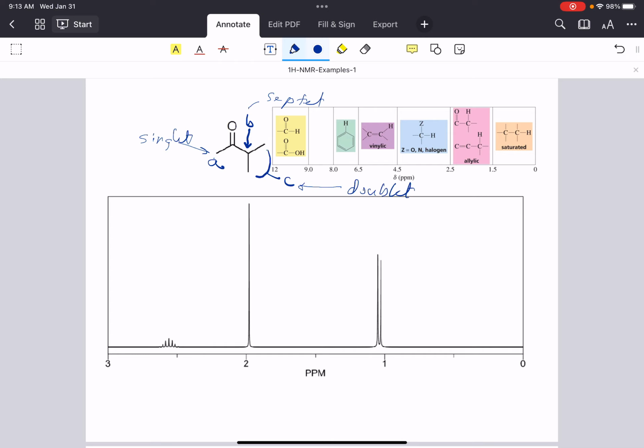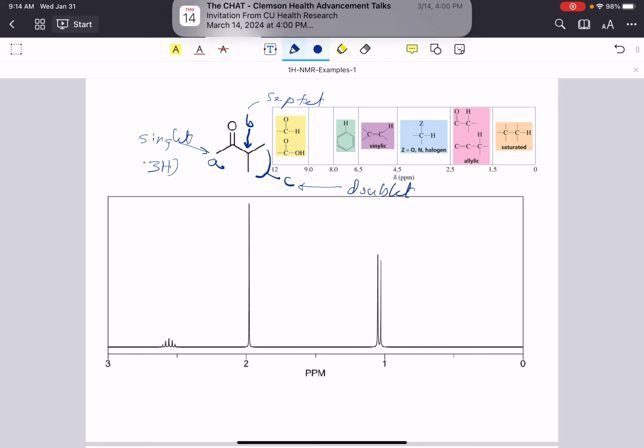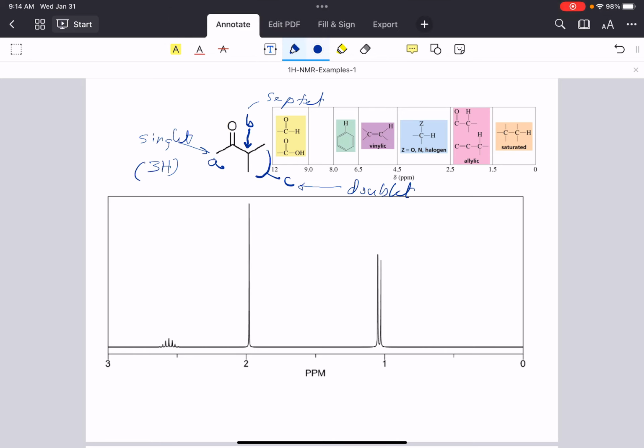If we want to think a little bit about integration, what we would expect in this case was for singlet signal A, 3 hydrogens causing that signal. That should be an integration of 3 hydrogens. The septet B, since it's only one hydrogen on that CH, would integrate to 1 hydrogen. And then, of course, the 6 hydrogens for the 2 chemically equivalent methyls would integrate to 6 hydrogens in this case. And so what we would expect is if we look for each of these things in the spectrum below,